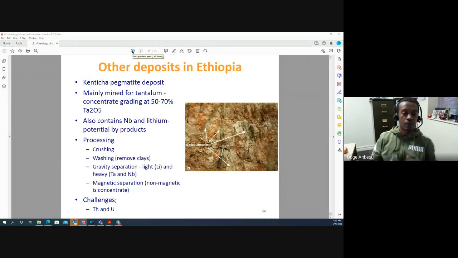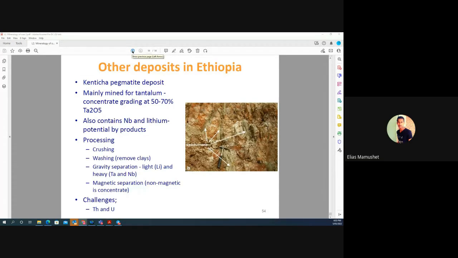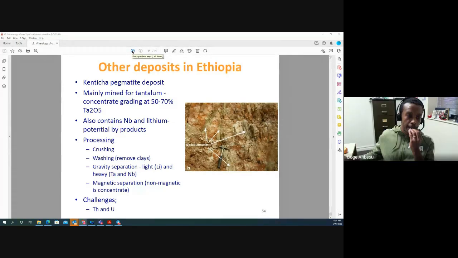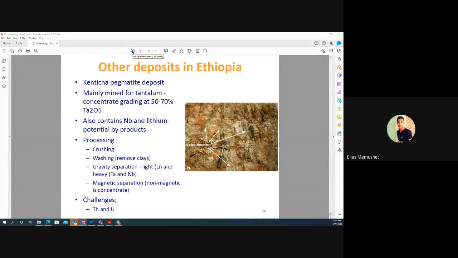There is a magnetite-ilmenite deposit and the iron ore bearing hornblende, sulfide, and apatite. But our process mineralogy instructor told us the apatite makes it complex for processing, and up to now the government wants us to process it, but since the apatite makes it